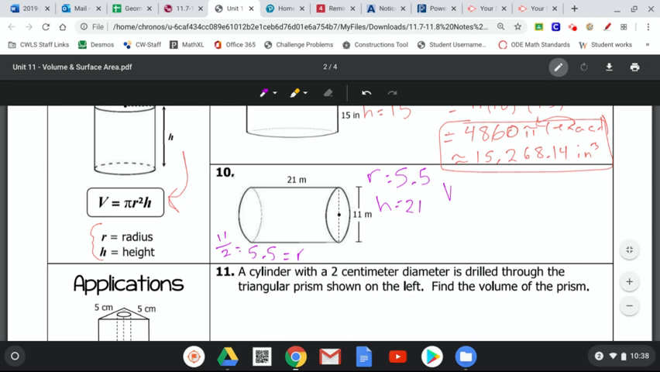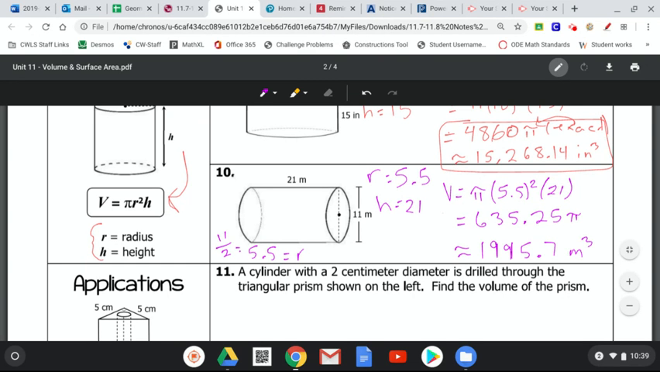So plugging everything in, volume is going to equal pi times radius, which is 5.5, squared times the height, which is 21. So when you plug that in your calculator, make sure you do the 5.5 squared first and then multiply it by 21 and by pi. That should give you 635.25 pi. And the approximation is 1,995.7